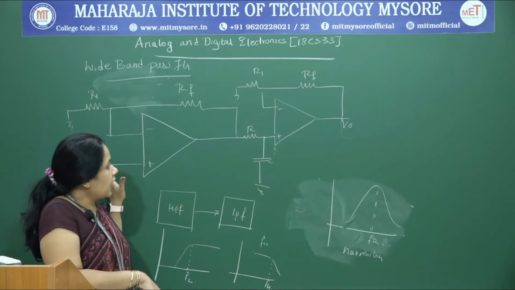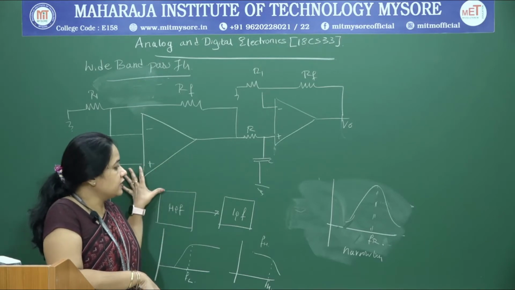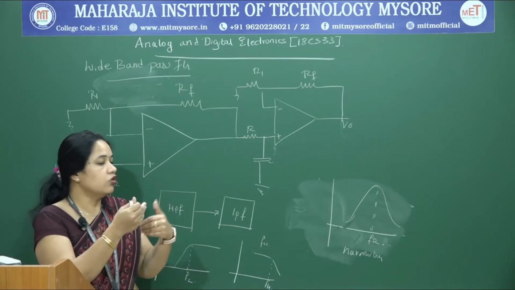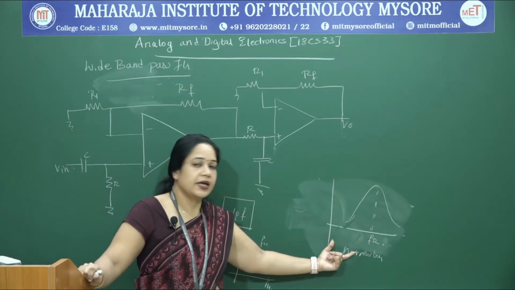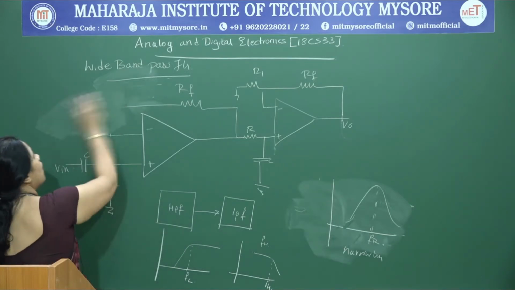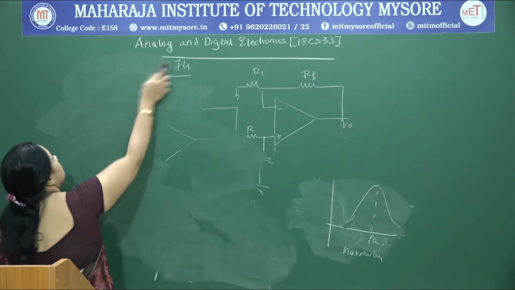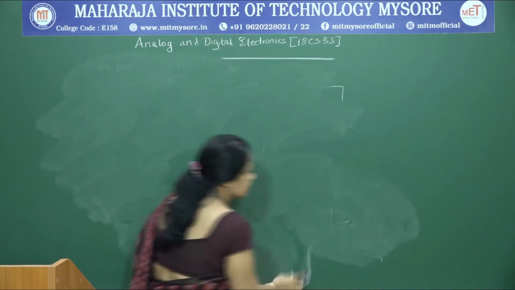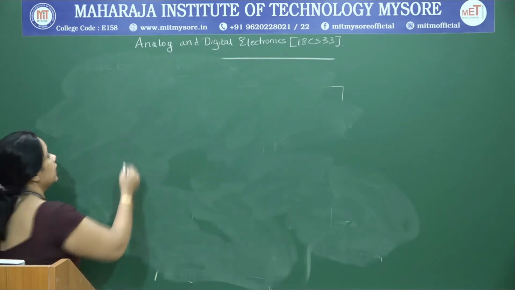So thereby, when I don't use two separate op amps, if I modify the circuit such that a high pass section is followed by a low pass RC section followed by an op amp, we tend to get a frequency response which is something like this. Such filters we call narrow band pass filters. So we will see how a narrow band pass filter looks like before taking up the next type of filters, that is band stop filters. So here a narrow band pass filter, as I said, looks something like this.